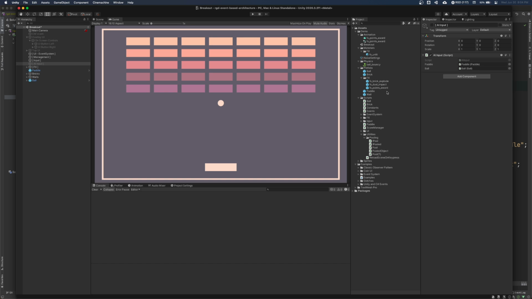So it's super simple to just add some effects. For example, we can set up some dust particles to play when the ball collides with things. We have that ball collision event. We can go ahead and listen to that. So we'll go ahead and let our AI play here.